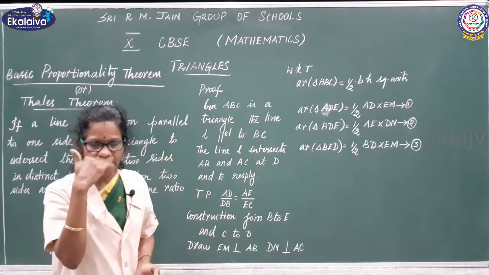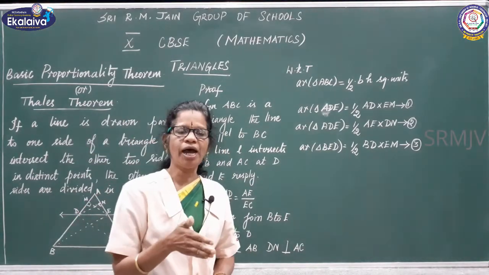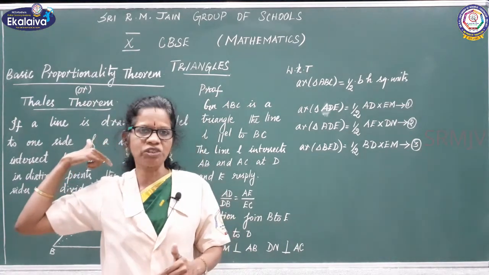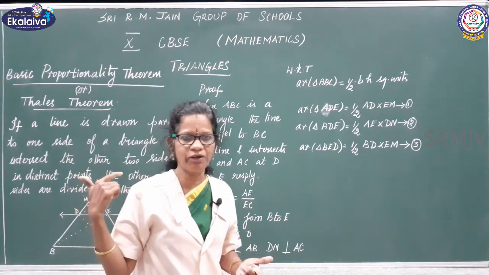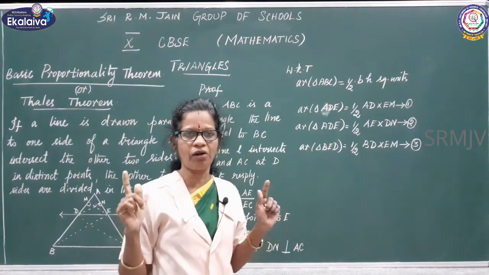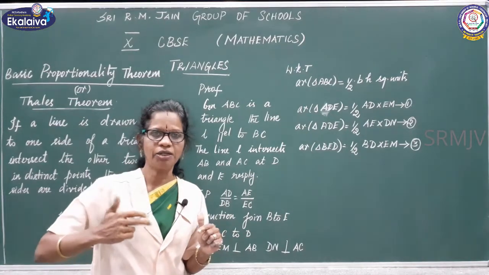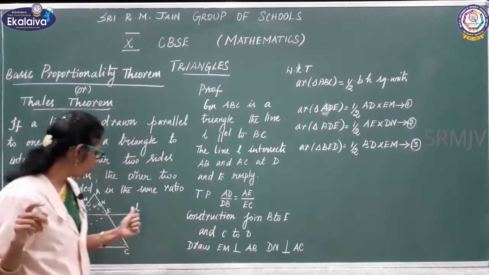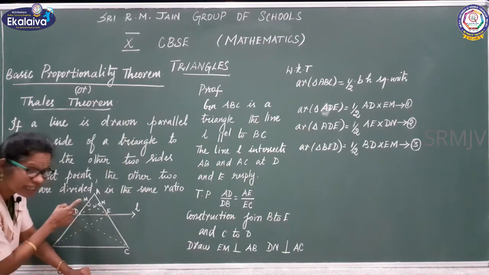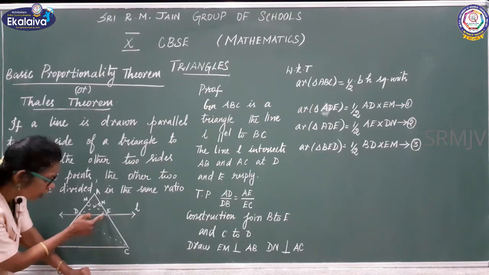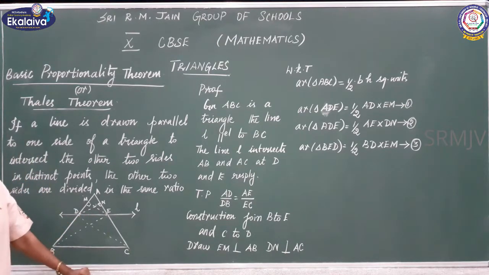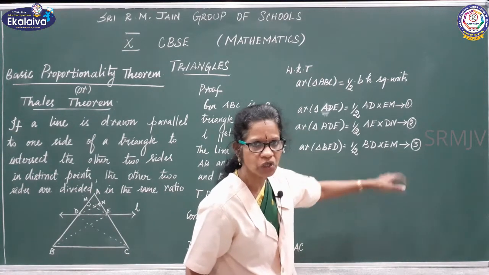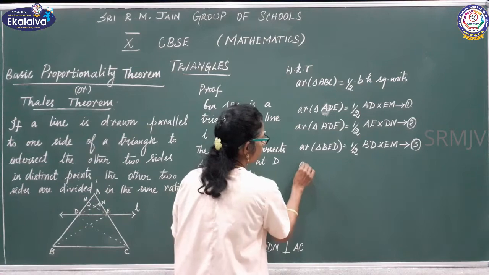Suppose if I am standing in front of you, if I measure your height, for example 153, and at the back of you if I am standing and take a measurement, whether the measurement will change? No, the same measurement, right? Whether the perpendicular height, the measurement you are taking in front or at the back, it is same. The same way, whether the perpendicular height is lying inside the triangle or out of the triangle, it is same. That's why I wrote here the perpendicular height is EM. Got it children? Now, area of a triangle